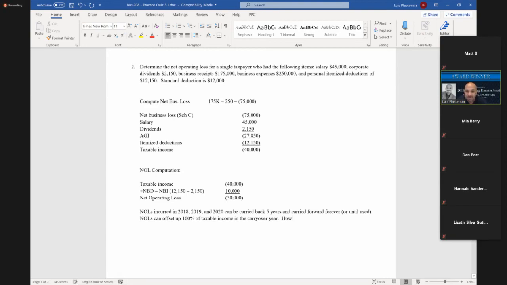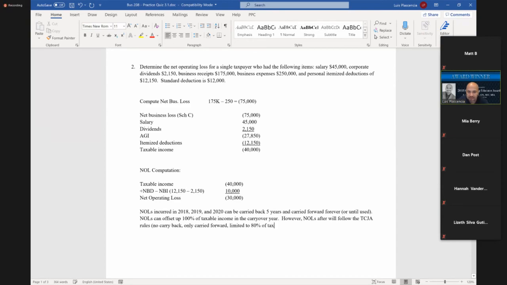And then, of course, I could mention, however, NOLs after that will follow the Tax Cuts and Jobs Act rules. No carry back, only carry forward, right? Limited to 80%